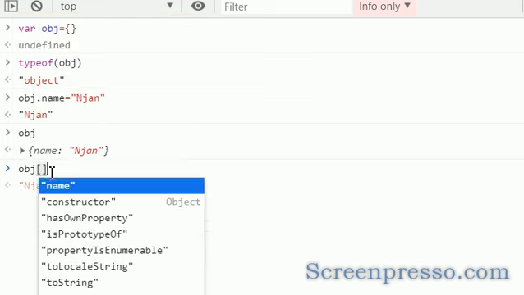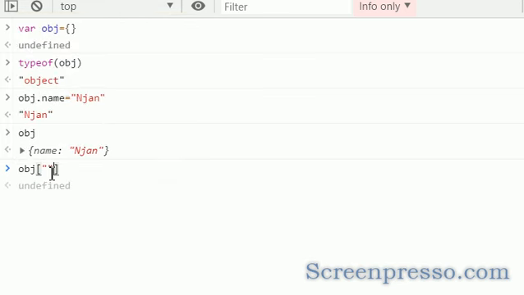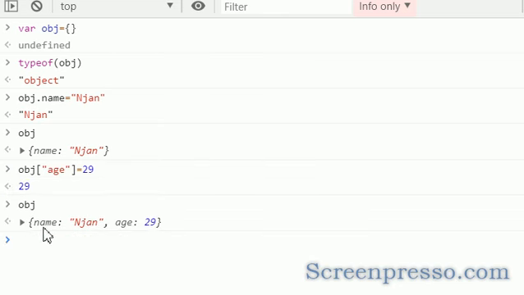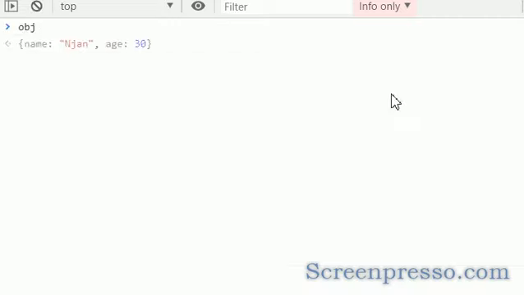We can add the name like this also. Previously I added the name with the dot notation. Right now I am adding with the square brackets. Here I am specifying age 29. If I check the object, I am getting the two properties called name and age. Let's try to add a duplicate. I am adding the same age and specifying 30. Now if you check this object, it got overridden.